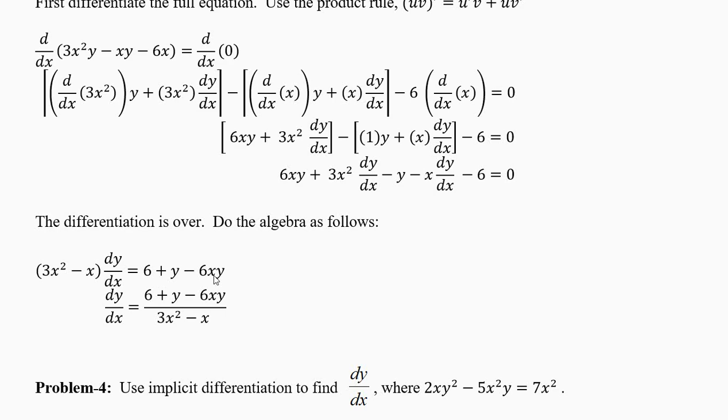Now what is left on the left hand side? Take dy by dx, open a bracket. Take this 3x square minus x. Now divide with this bracket, you will get 6 plus y minus 6xy, which is sitting here, full divided by this bracket, 3x square minus x. Then we can remove the bracket because here the bracket is important when you are factorizing, here you are not. So there is no need to put a bracket here. If you want, you can put. This is your dy by dx. Sometimes some things will cancel here, but in this answer, nothing is going to cancel. You can take x common here and factorize, but it is of no use.